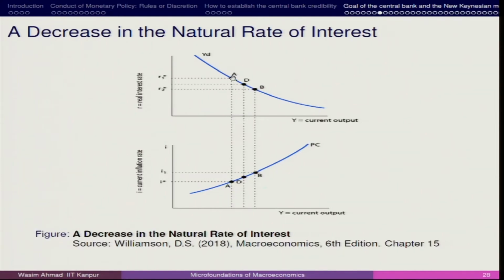So, A is the natural scenario. Now, at point B we have R2 star, and with this the inflation rate has gone up. If the natural rate of real interest is coming down, it means that in order to meet this, the central bank has to make sure that it moves from A to B and maintains this equilibrium at I1. But we are finding that the natural real rate of interest is still higher. So, in order to maintain this, what the central bank does is